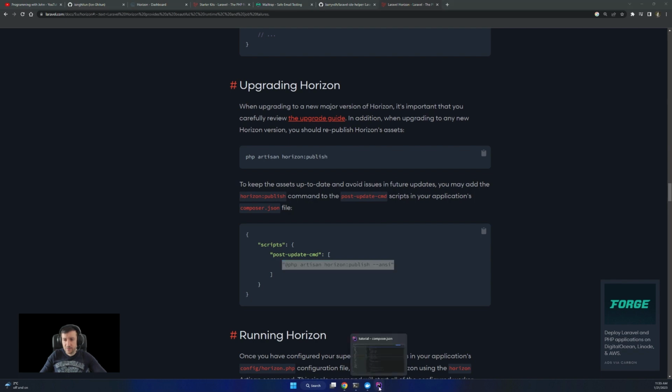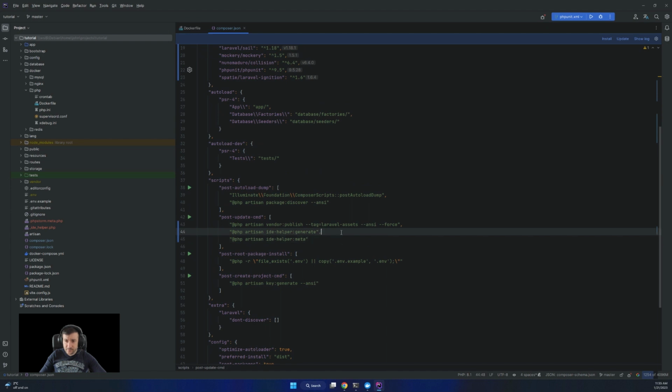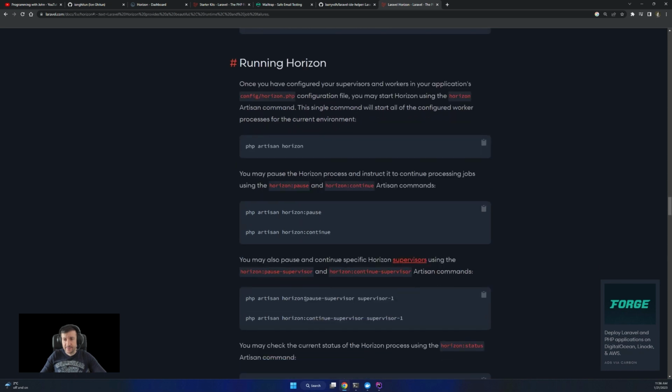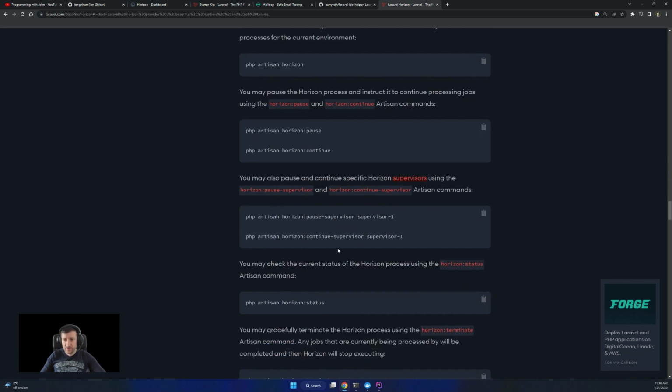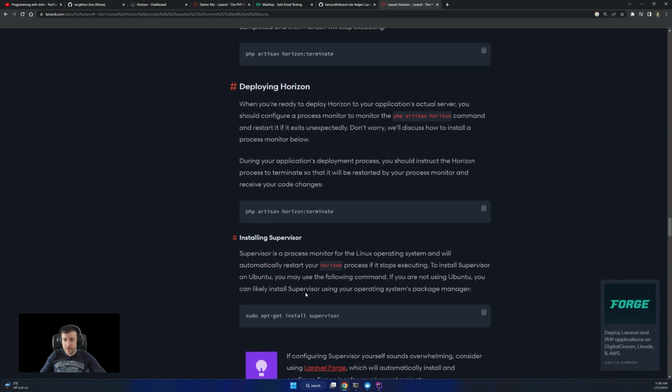So every time you update Horizon, you need to publish assets as well. So I'll link this Horizon publish in here. We also have assets, and Horizon runs through supervisor, as they recommend here.